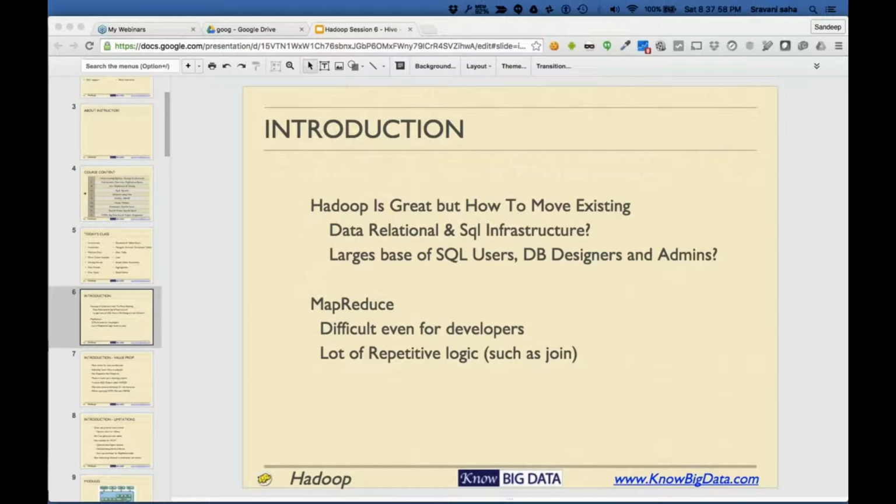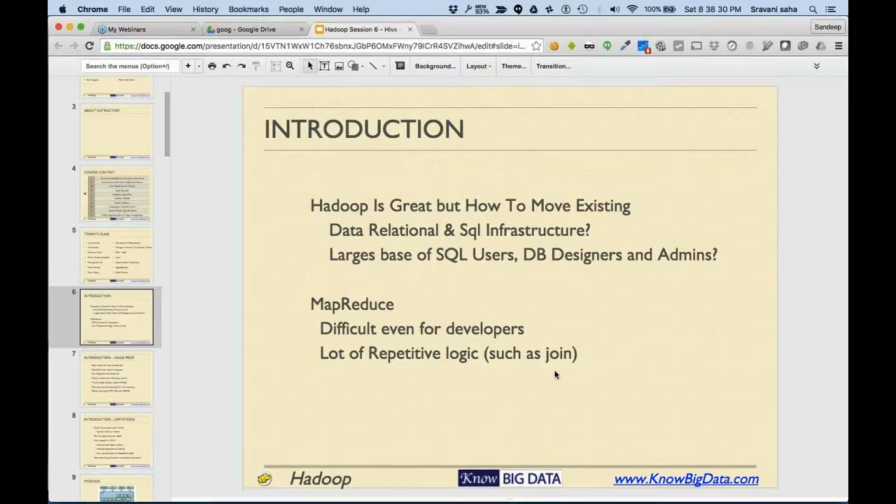Therefore, MapReduce is generally not the solution unless you need to do a lot of custom work. If you have to do a lot of custom work, which is not really possible using Hive, then you generally either go with extending Hive or go with MapReduce. Otherwise, you go with either Hive or Pig. The question of when to use Hive and when to use Pig, we'll discuss in a while. Okay.